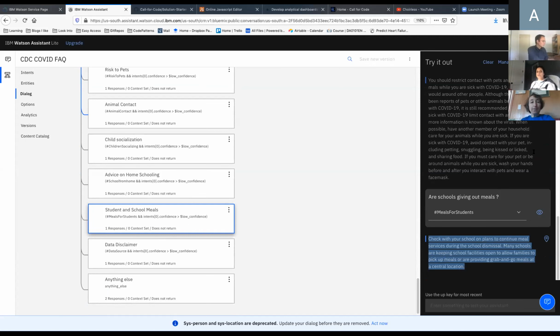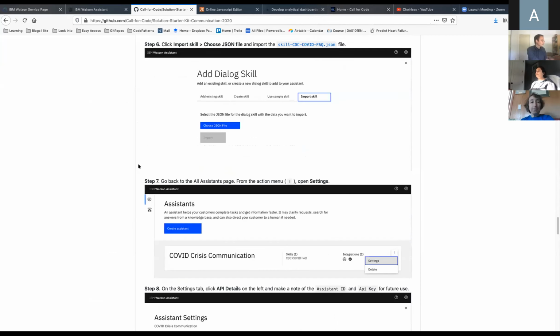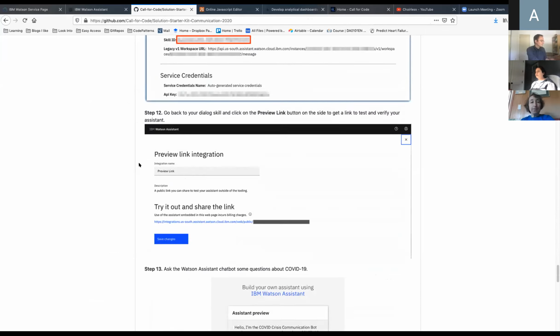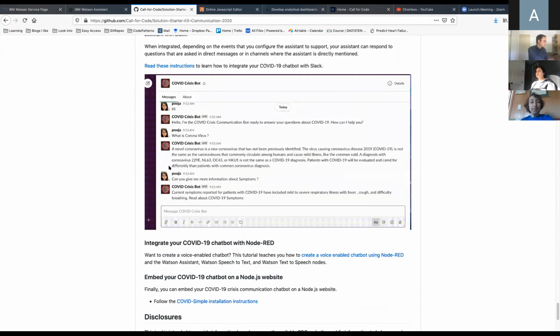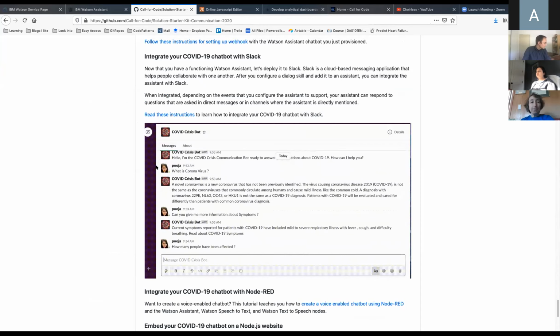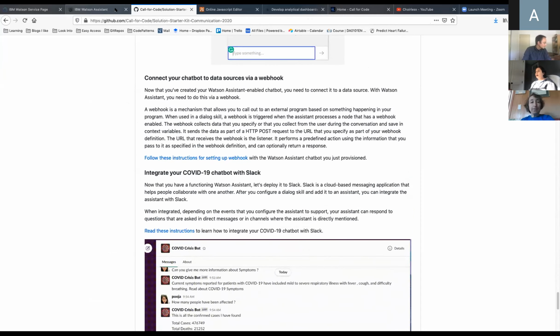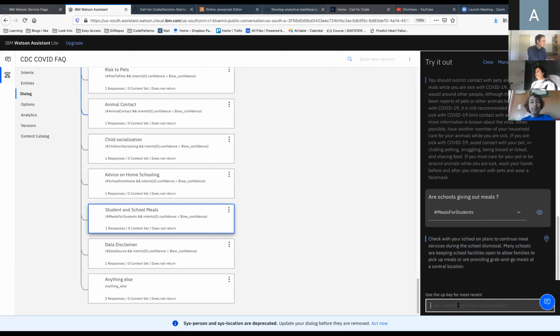So as you can see, I hope this gives you an idea of how a chatbot is created and how you can create one for your services, for your projects. The really interesting thing after you've created this chatbot is integrating it in different ways. So I wanted to show you one more thing. With this particular chatbot, we've set up something called webhooks.